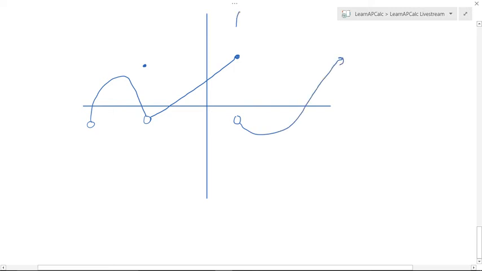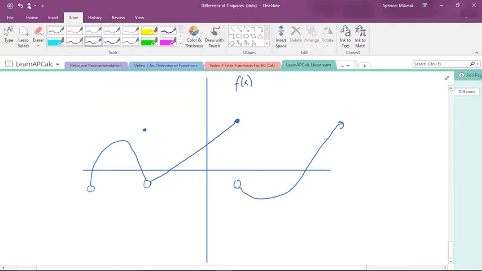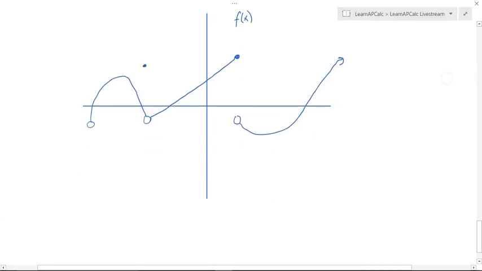This is our function f of x. So let's talk about f of x. So here, at which points might we get a limit? I'm sorry, I'll write this out. Okay. At which points